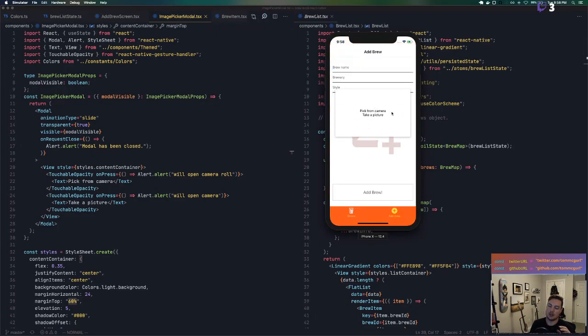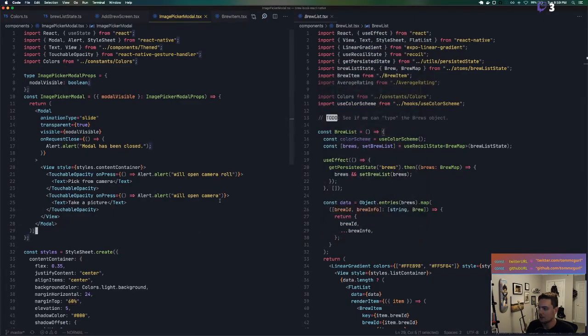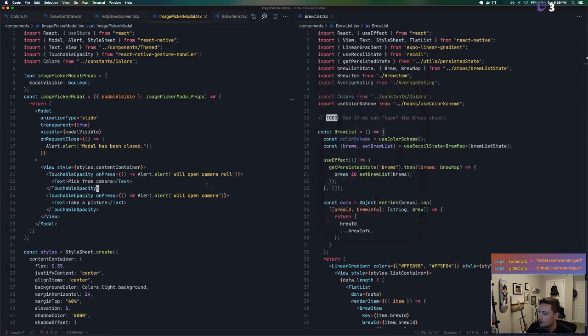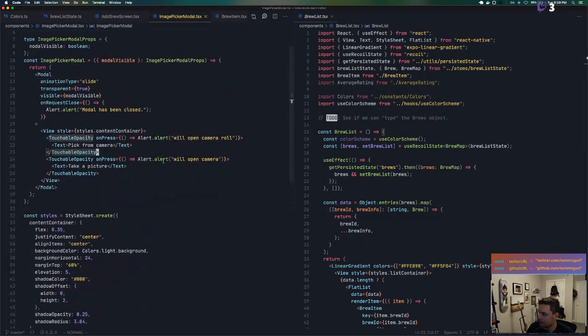Cool. Okay, so now what we're going to do is we're going to have two options. We're going to have the button for picking from the camera and taking the picture. So you can see here, these just pop up the alerts. That's not going to be any use to us. So let's go ahead and split this into two buttons. One for the camera, one for the camera roll. So the way we can do that is we can